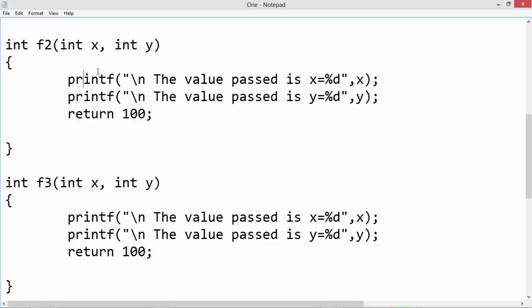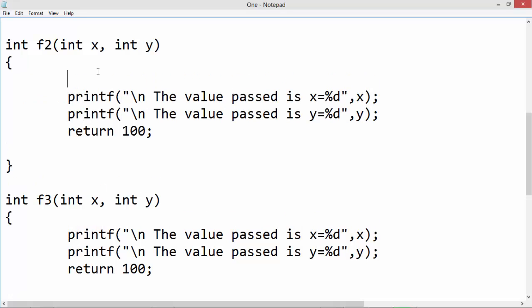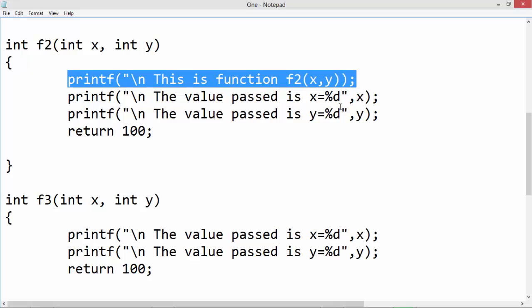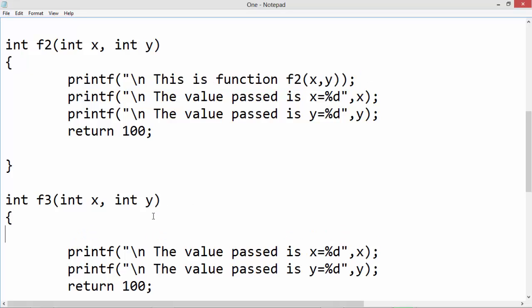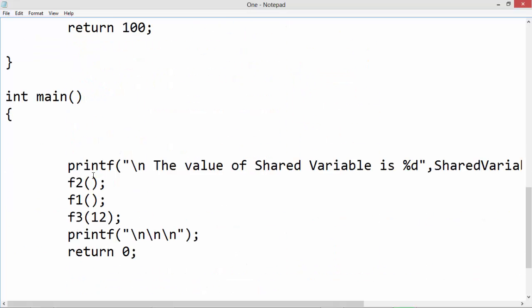So before that, I'll say this is function f2. This is from function f2, with int and int or x and y parameters. So this is our one more function f3. All right, so then we will